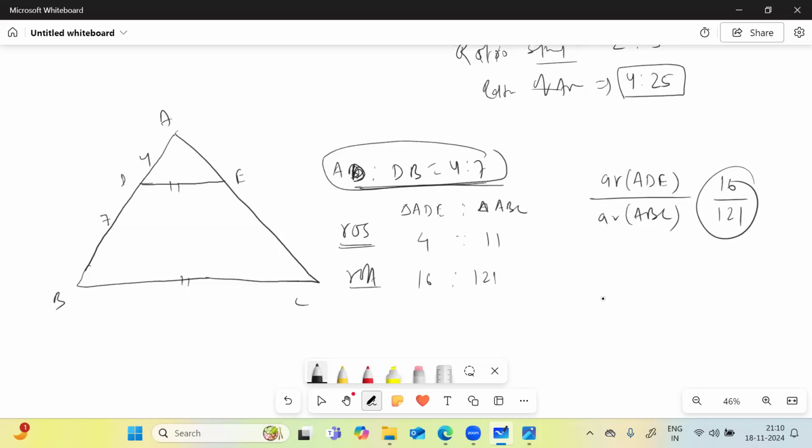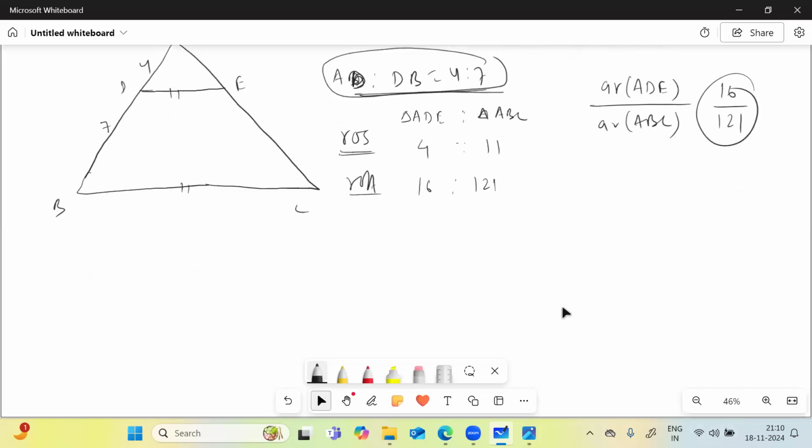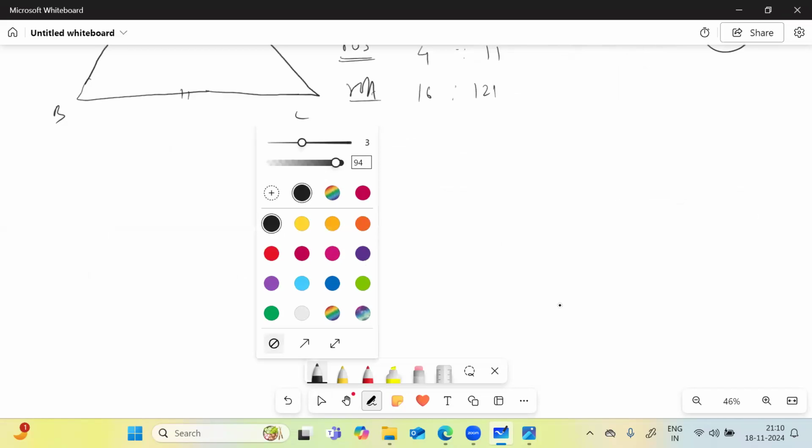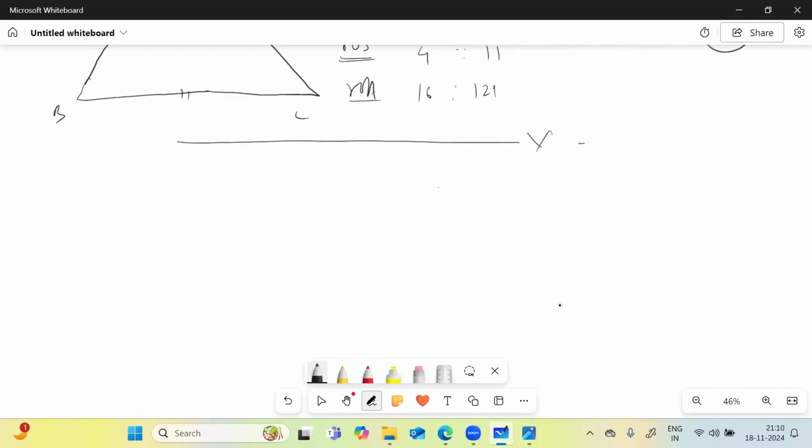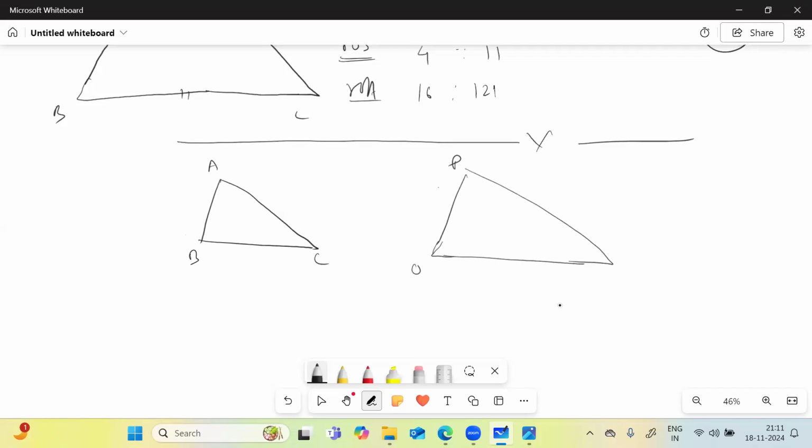So now, some ratio questions come up the most, that is why we need to know how we solve these questions. So that is one type. The second type of question you frequently get is that they will not draw the two triangles to scale. They will say that these two triangles are similar, but they might not draw them in the same way. But if they have written that triangle ABC is similar to triangle PQR, you can safely assume that angle A is equal to P, angle B is equal to Q, and angle C is equal to angle R.